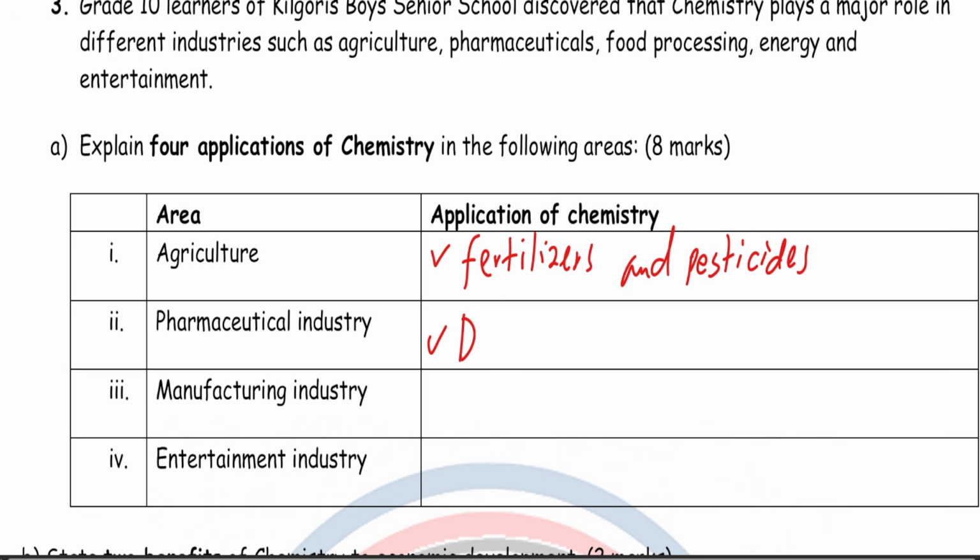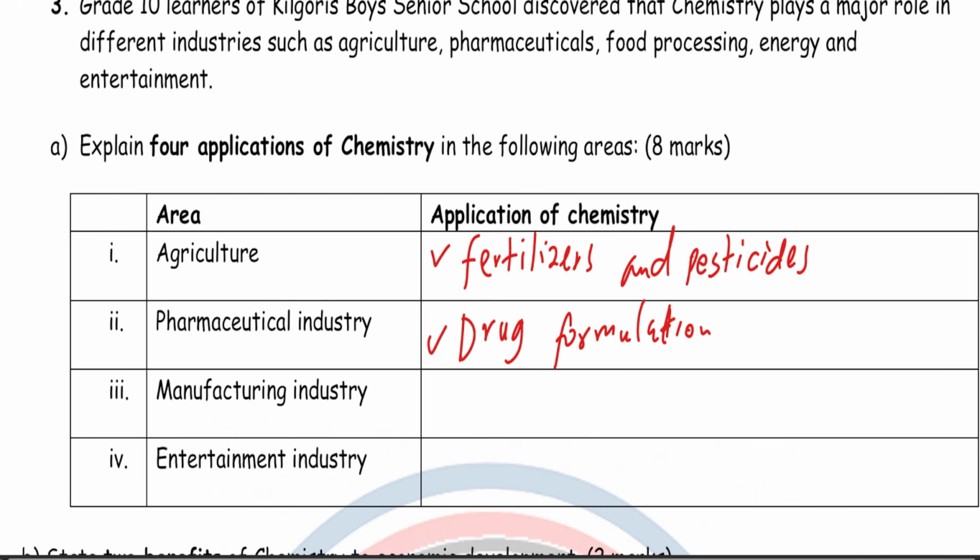Pharmaceutical industry, how do we apply chemistry in that? Okay, now pharmaceutical industry, how do you use chemistry in this industry? We make drugs, or we form drugs, so it's called drug formulation. Manufacture drugs that are usually used in curing diseases, also preventing diseases, can be used to create antibiotics, curative drugs, and etc. So drug formulation.